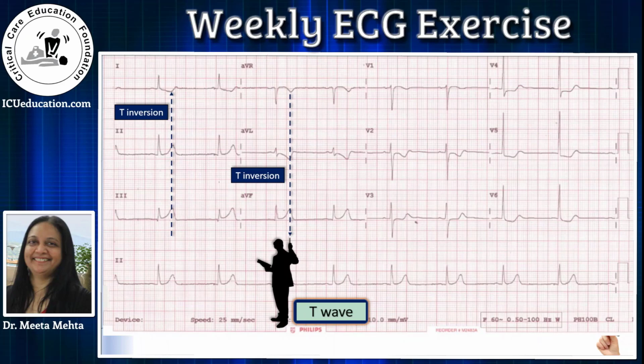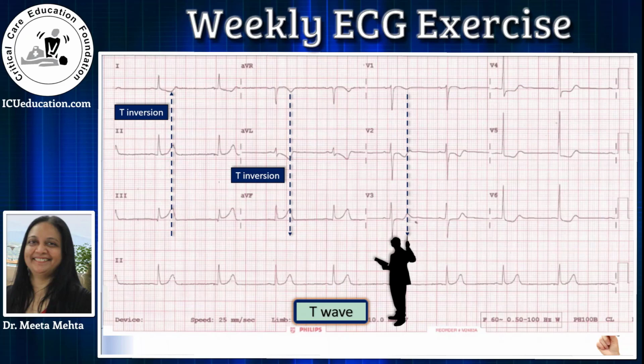Now let us look at next set, lead V1, V2, V3. As I said before, lead V1 may have a normal T wave inversion. We cannot consider that as T wave inverted. But if you look at lead V2, there is definite STT changes. So we will figure out whether there is a T wave inversion or no. So now if you draw a line from V1 to V2 to V3, let's see whether we have T wave inversion. There is a doubtful T wave subtle inversion in lead V2, but most of the T is upright here. But the previous part of the T wave looks inverted.